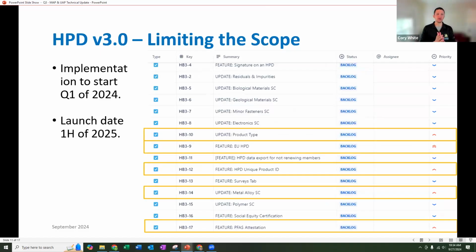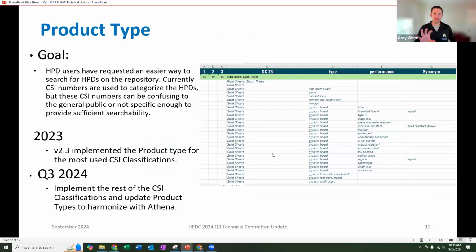What we've decided to do, though, is we really want to start limiting the scope of what we're doing. So for example, like the optimization and transparency indicator that got moved out and prioritized over version 3.0. So we want to make sure we're limiting the scope of what truly is important and core to version 3.0, or something that really needs to be improved as a bottleneck, so we can continue to hit our launch date of the first half of 2025. So I'm going to briefly hit on the ones that we're going to be implementing for version 3.0.